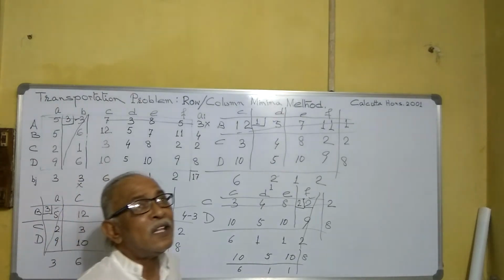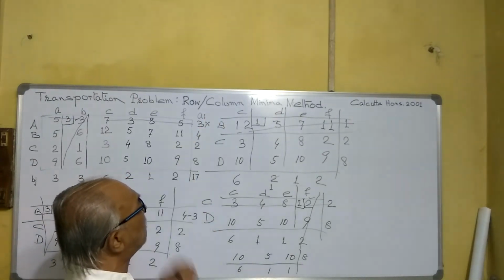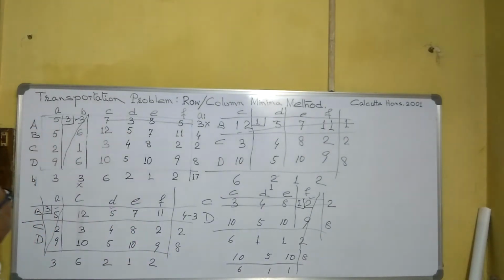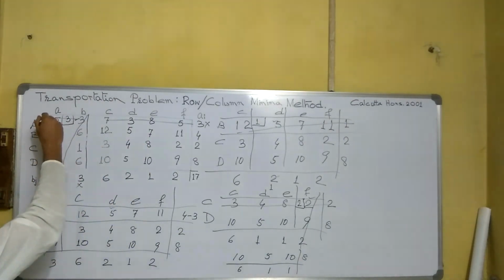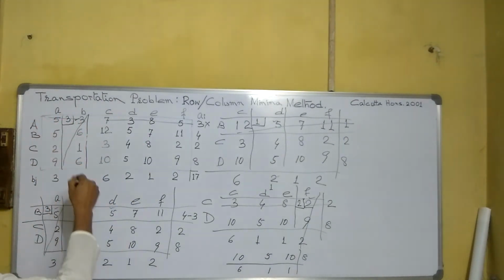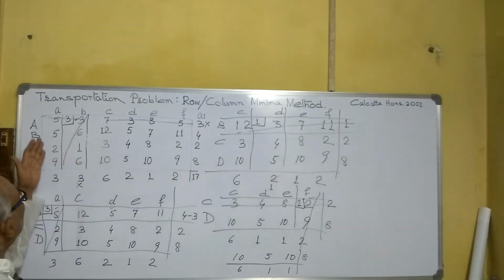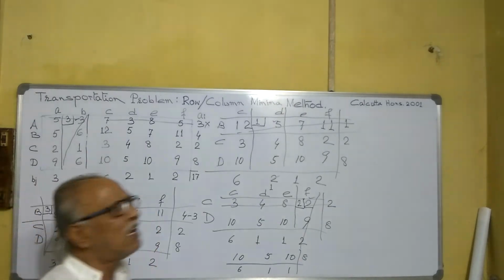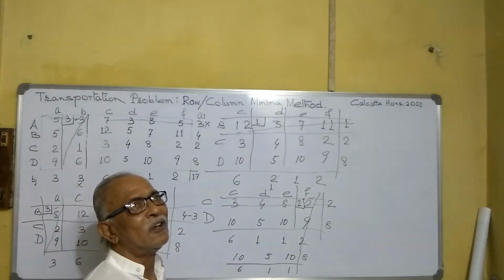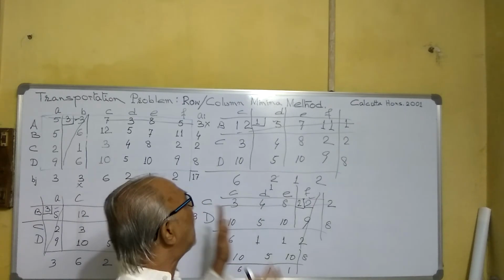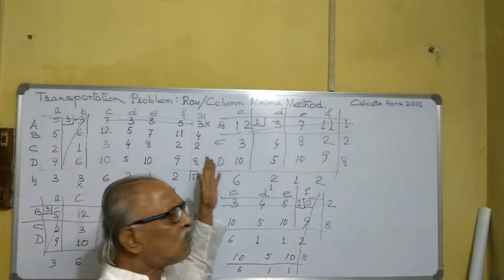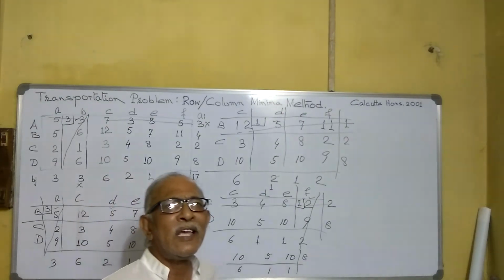In this way it will be filled. Now I had told you, what about the column method? As we started in the beginning, we saw the rows. Instead of that, we may start from the first column, second column, in this way. If we start from columns and follow exactly the same style, that will be the column minima method. I will not show any further sum about the column minima method, just this one here to apply in the case of columns.